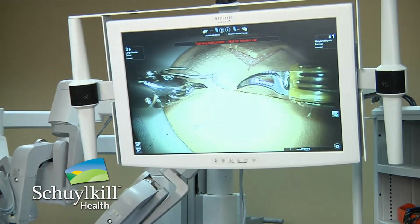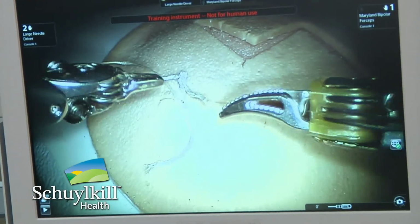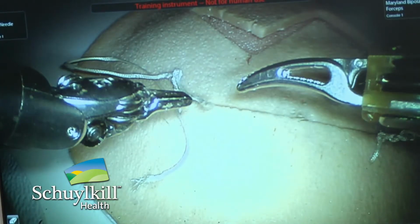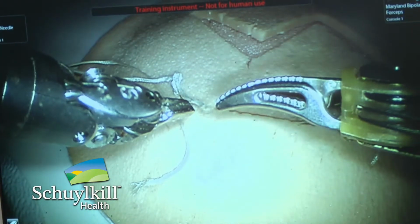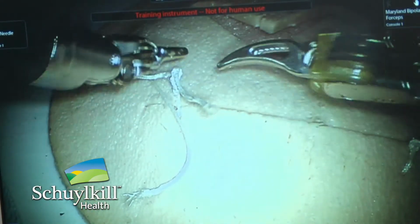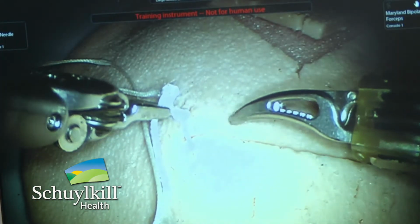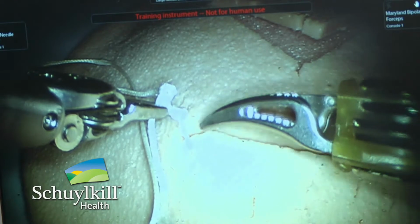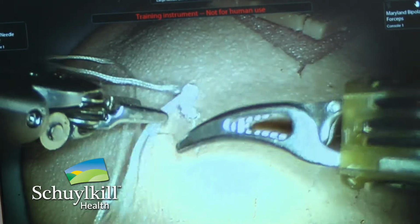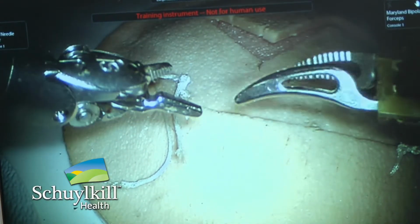So you can imagine that inside a patient's belly, with these tiny little motions of my hands and the swinging of those arms over there, we're able to do super precise surgical procedures. So when talking about endometriosis, I'm able to zoom in, I can bring in the camera, I can get super close to an implantation of endometriosis, and then with just some gentle traction and using maybe a scissors instrument, I'm able to cut out that implantation almost without having any bleeding at all, because you can actually see the blood